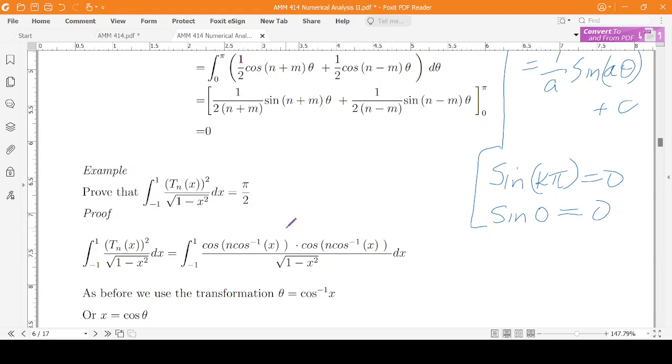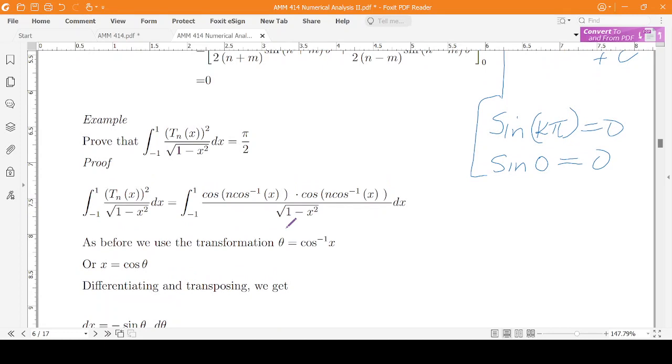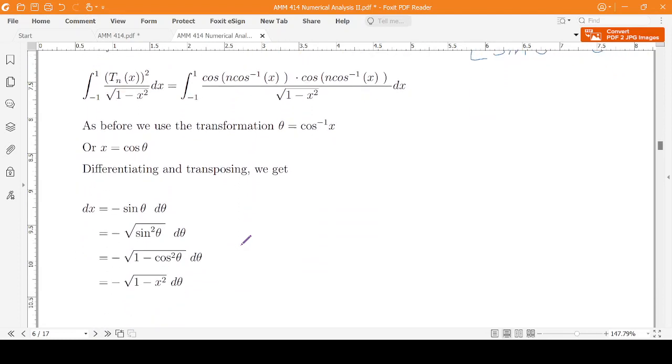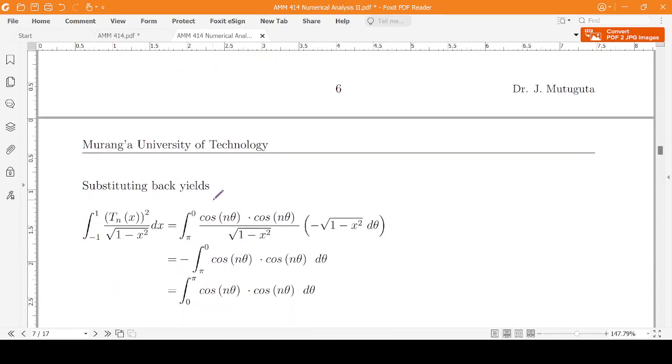Now, for this one, we don't have to go back to the basics, although we can just start the same way we started the other one. We replace Tn of x with cosine of n cos inverse of x. That will be the product of that with itself. And we can do the transformation as before, even for the limit. So we shall come to this expression. And again, this quantity will cancel out. And this now will reduce to the integral from 0 to pi